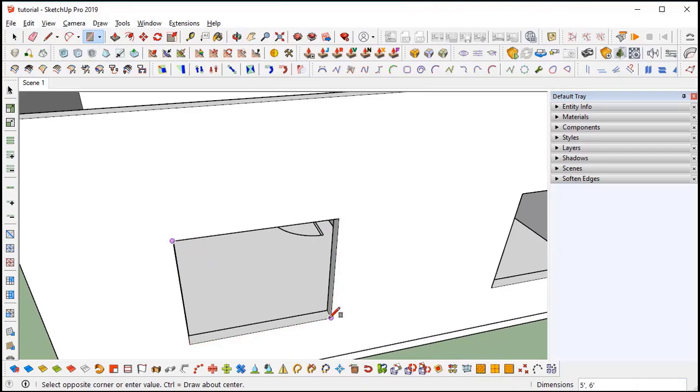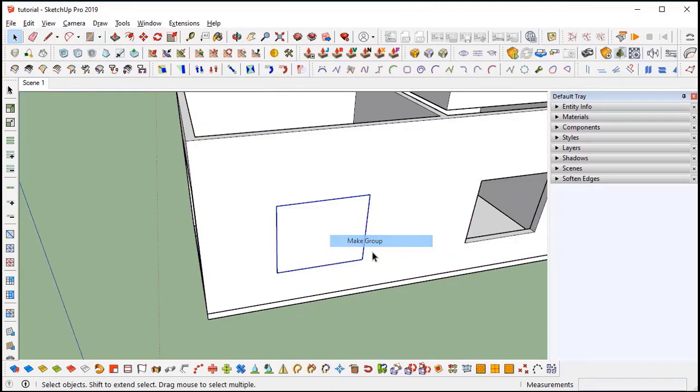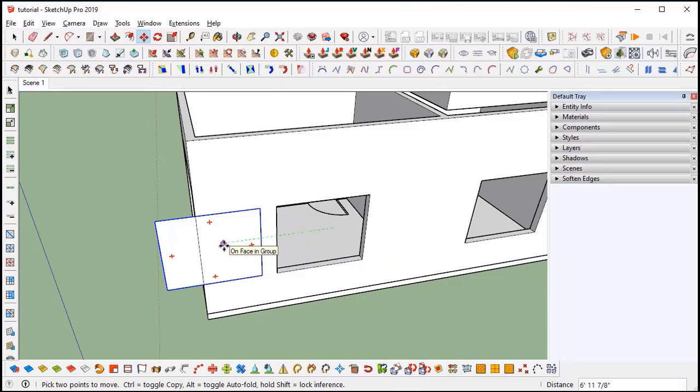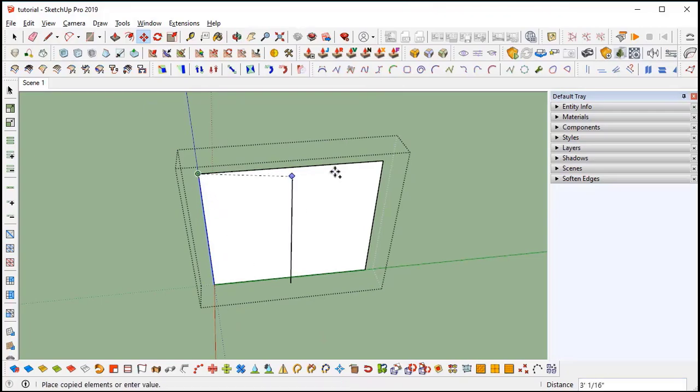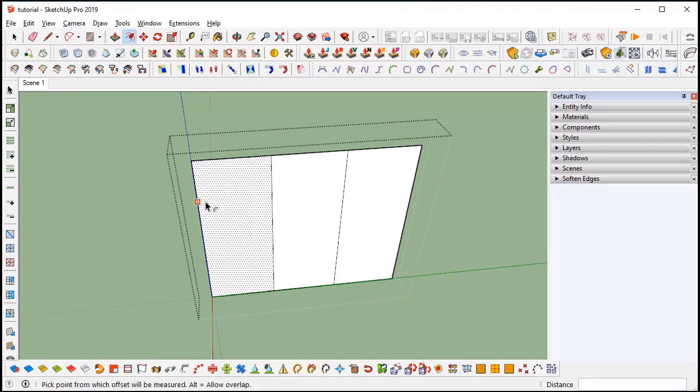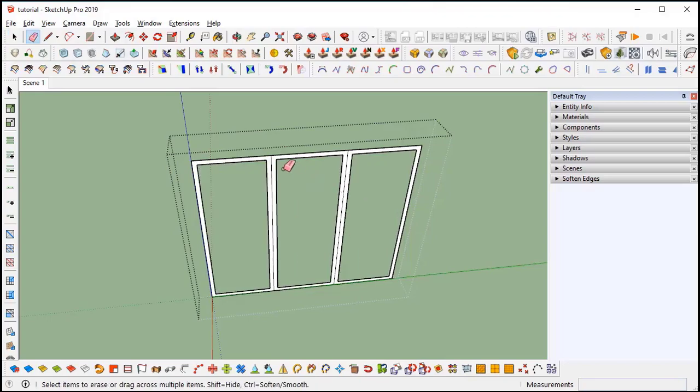For the window, I will create a rectangle, group it and move it outside. I will divide this rectangle into 3 halves by selecting this line, clicking it in the opposite direction and using the slash tool 3 times. So it will divide into 3 halves. Now I will use the offset command. I will offset it to 1.5 inch, then simply select it, press F and double click it. Automatically the previous offset value will be picked. Now I will delete inside these panels and erase the lines.